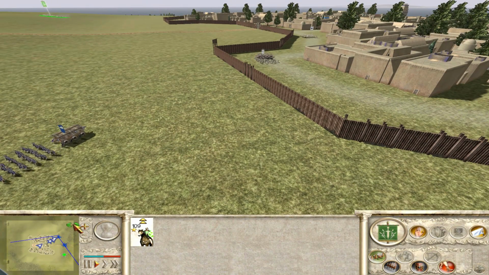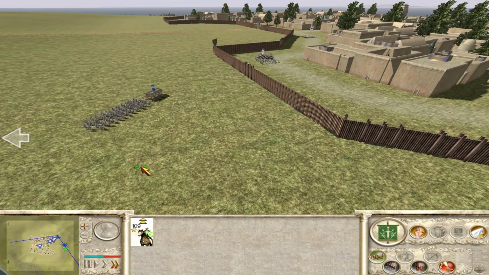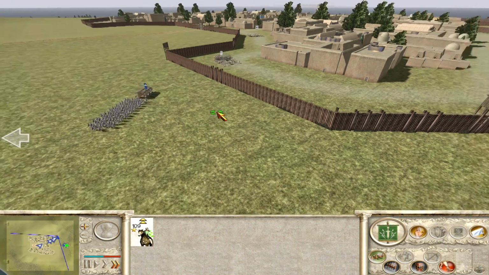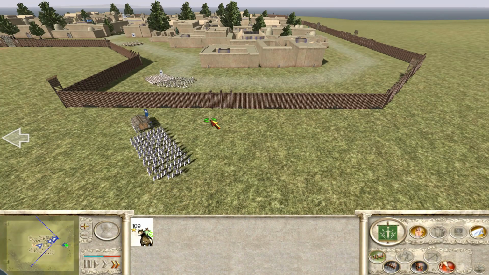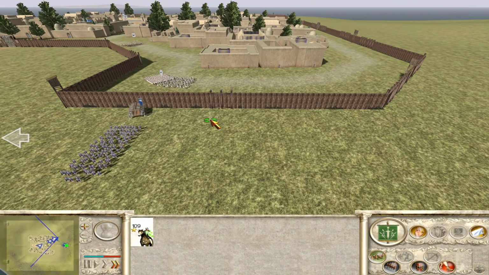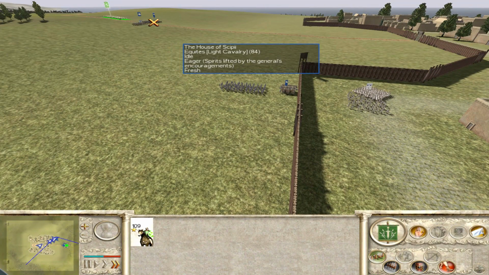So yeah, rather than going for the gate, he's just going to go for the wall. That's fine if that's what he wants to do. So now we've just got to see how good... basically it all comes down to what the Hastati do. If the Hastati get themselves in a really bad position and end up losing most of their strength, I don't really see a way that the rest of this army is going to be able to break in,